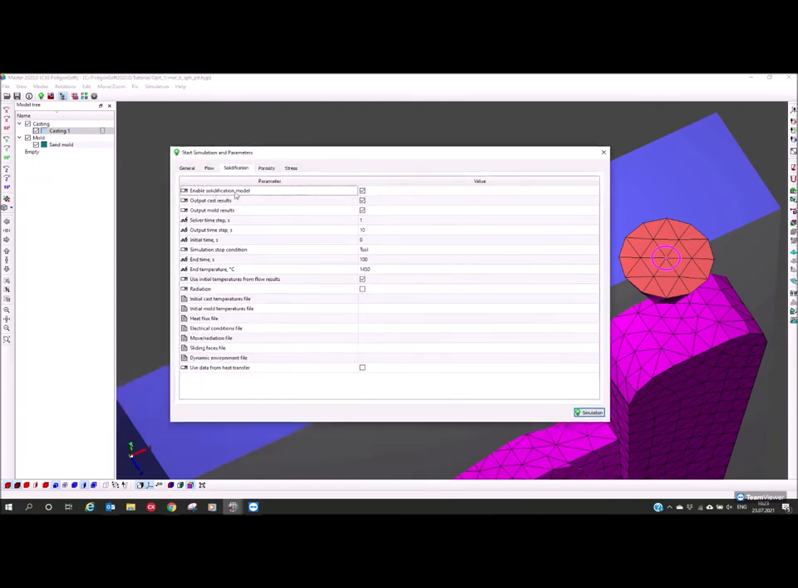Here I see enable solidification module is turned on, yes. Output cast results, yes. Output mode results, yes. Solver time step, here I can select it, and 1 second is a very good variant. And the output time step is 10 seconds. You can set here something you want. It's a time step for write solidification results, and 10 seconds is a good value to have not such big